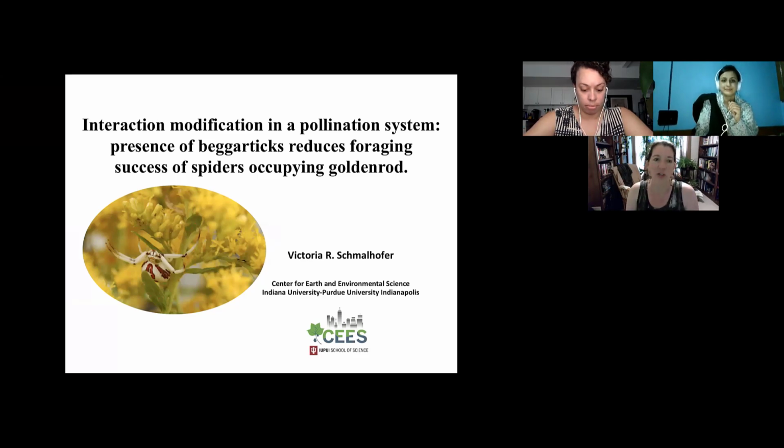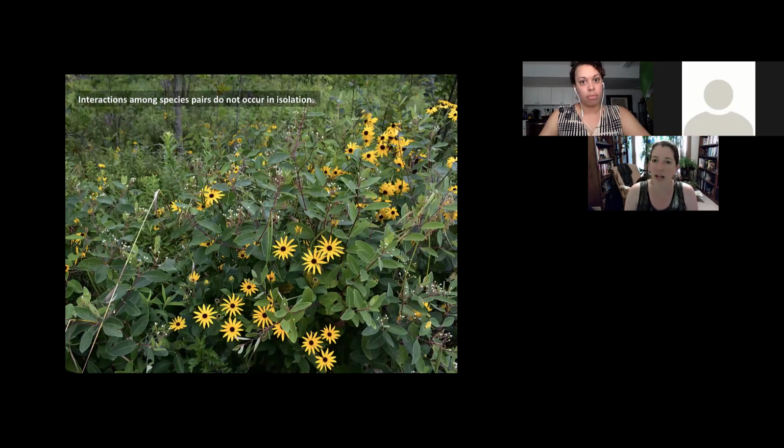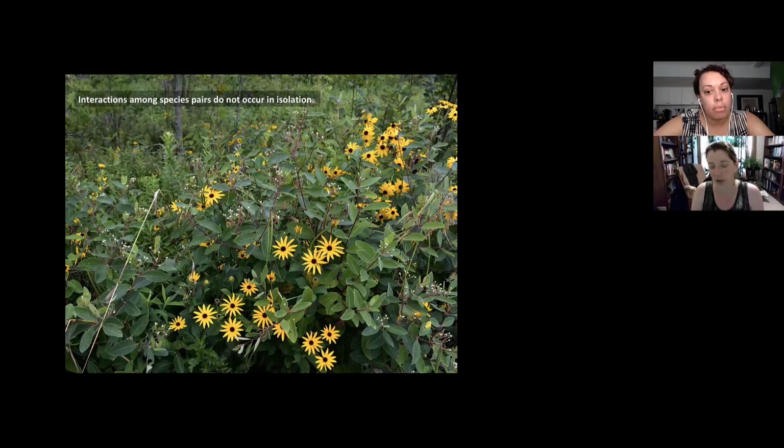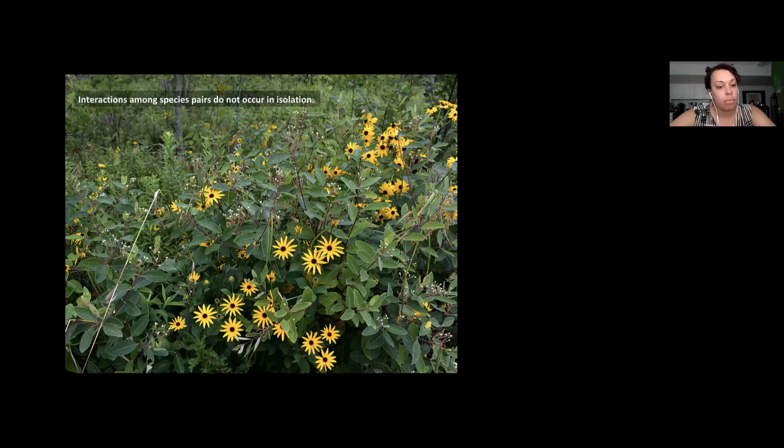When looking at species interactions out in nature, the classical approach in field ecology has been to focus on pairwise interactions. But in recent decades, it's been recognized that there are limitations to this approach because species don't occur in pairs in isolation in nature. The presence of other species is very likely to lead to indirect effects. And in recent decades, there has been a lot of interest in what the impacts of multiple species in the